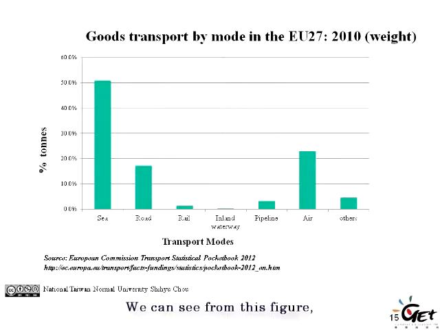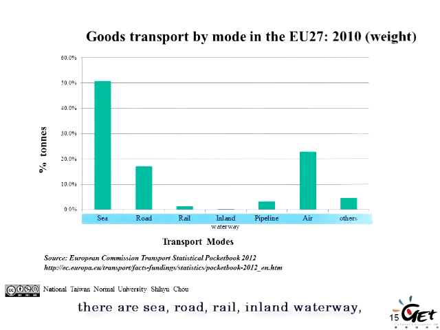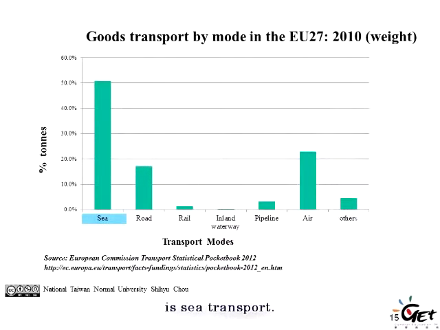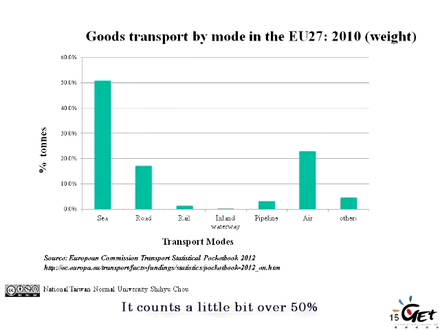We can see from this figure there are sea, road, rail, inland waterway, pipeline, air, and others. The most frequently used in terms of weight is sea transport. It accounts for a bit over 50% of the overall transport weight in 2010 in